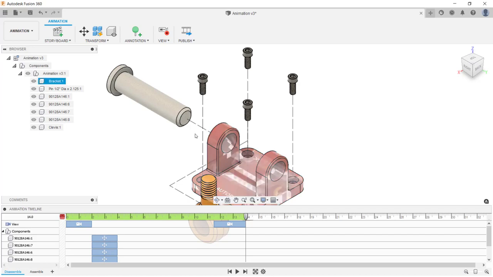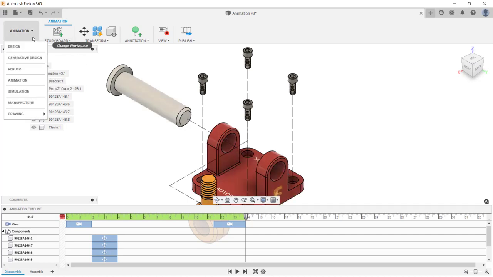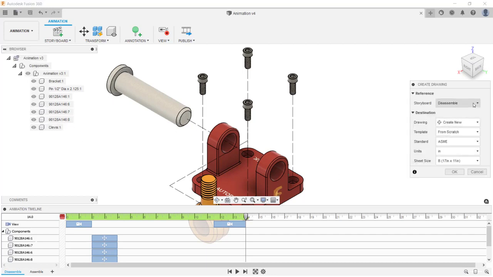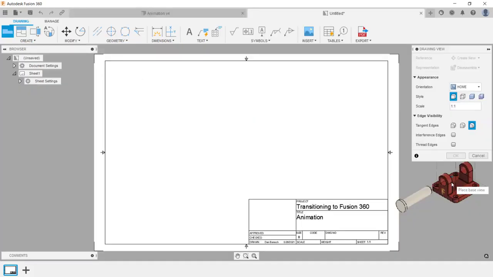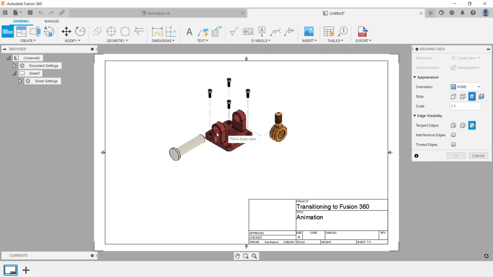If you want to create a drawing of this animation, click on the animation drop-down arrow, and then click Drawing from Animation. In the dialog box, set which storyboard you want the drawing to be created from, then adjust the drawing options as needed, and then when you're done, go ahead and click OK. Now in the drawing view dialog box, make changes as needed. The only thing I'm going to change here is the style to shaded,